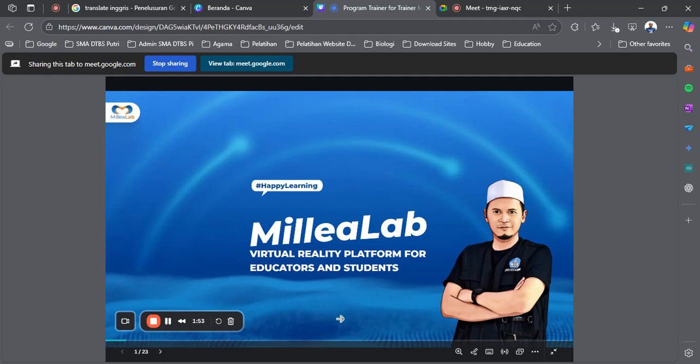So Melia Lab is the same as Assembler Edu, but Assembler Edu is an augmented reality platform, and this is a virtual reality platform.